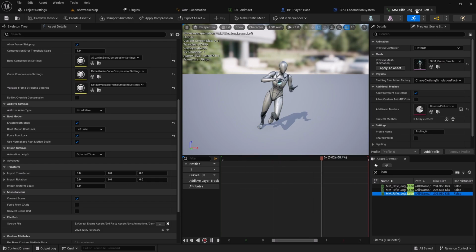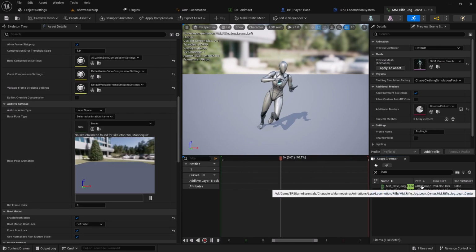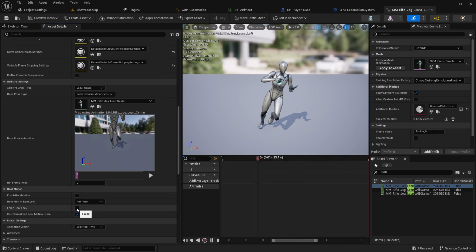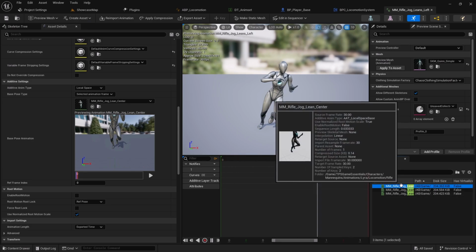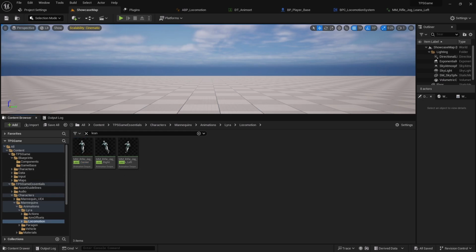And similarly, let's open up the lean left. I'll make it as local space selected animation frame. This one also lean center, and let's disable these two. Okay, now based on these three animations I have to create a 1D blend space to blend each of the frames smoothly, right? So